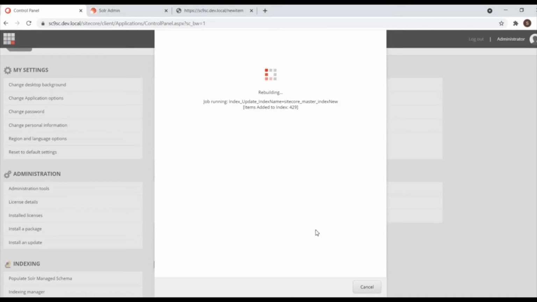Now it's populating the data into the core admin data path. If you see the path, you will see the data.